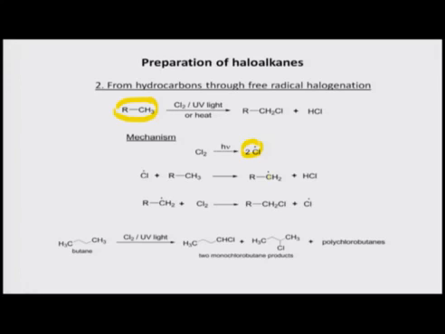Now, this alkyl radical would then react with chlorine. What we have in the reaction mixture is chlorine molecules plus alkane. Now, we radiate with light. The chlorine breaks first into two halogen atoms. One of the halogen atoms then abstracts a hydrogen that gives us an alkyl radical plus HCl. Now, this alkyl radical that has formed would react with another chlorine molecule, and in this case what it does is it breaks the chlorine molecule into chlorine atoms and bonds with one of the chlorine atoms